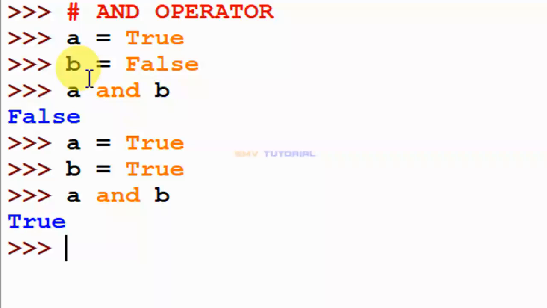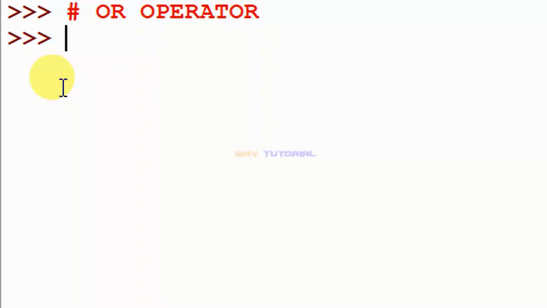And the next one is the OR operator. The description is: if any of the two operands are non-zero, that is true, then the condition becomes true. Non-zero means true. I check this condition, so I make two variables and values. One is True, another one is False.